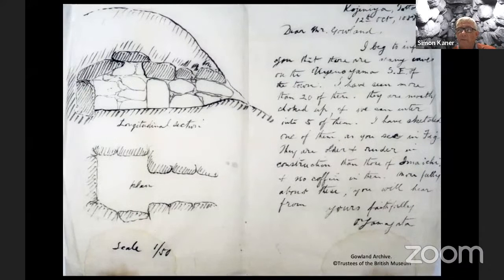And all of these things, all of these elements meant that there was a network of local, of Japanese antiquarian interest, which Gowland was able to tap into when he arrived and when he was working at the Osaka Mint. And it was a network that he was able to very effectively use, as this note from Mr. Yamagata demonstrates, as once news got out that he was interested in antiquities and ancient sites, people started writing to him from around Japan. This is a letter from Tottori Prefecture up on the Japan Sea coast, and describes a tomb and invites Gowland to go have a look.